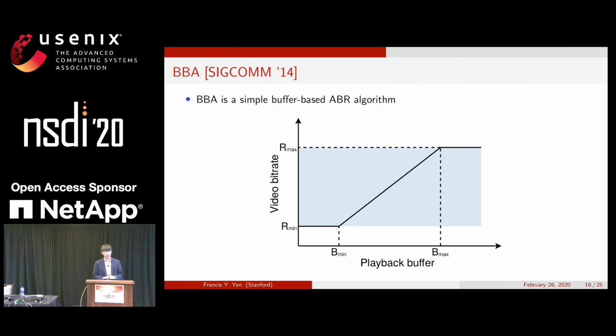It selects video bitrate based only on the user's playback buffer. Below some buffer level, it selects the lowest bitrate. And above some level, it selects the highest one. And in between, a linear function is used to map from buffer level to bitrate. Since it was published at SIGCOMM 2014, BBA has been regarded as a research baseline and was frequently outperformed by